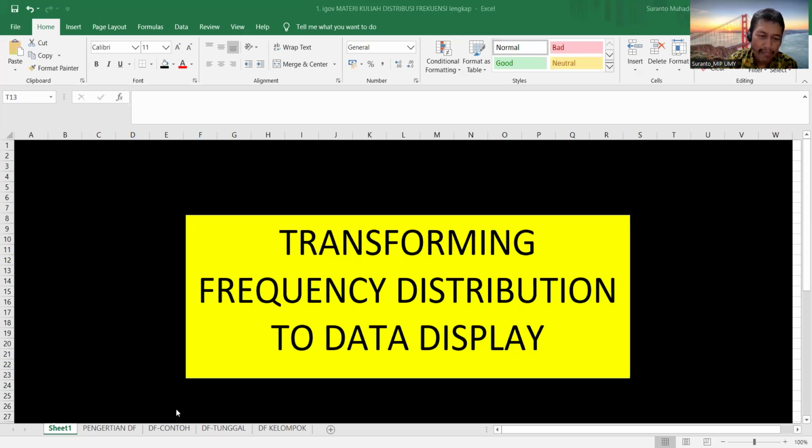We are continuing with the second video regarding display data: how to convert a distribution of frequency into display data. First of all, we have to know that the distribution of frequency is like this; we have already given an example for you.